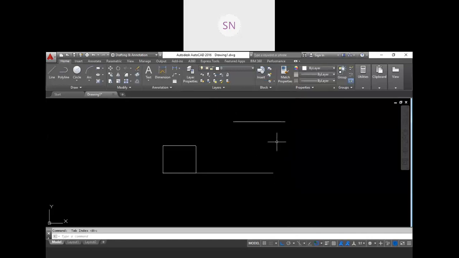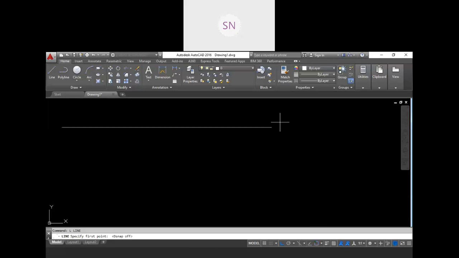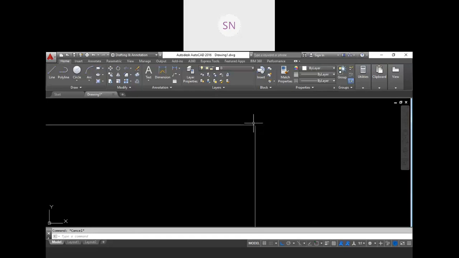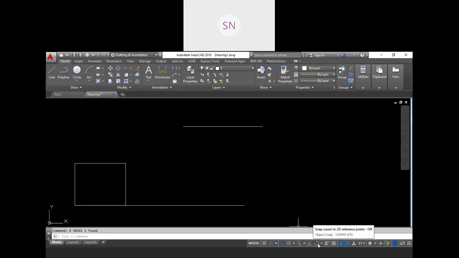When you choose your command, for example line, L enter, then go to your object and you will grab this endpoint. See, endpoint. If you turn off this thing, we are not able to get exactly this point, right? We might have some gap over there, so it is not possible to grab exactly the endpoint of this line without object snap.